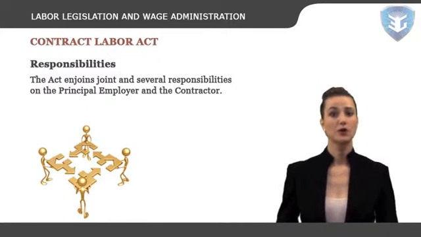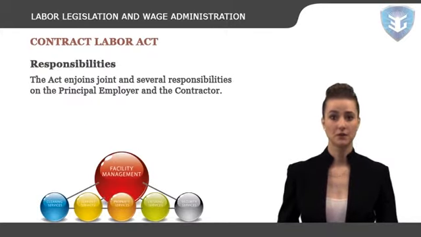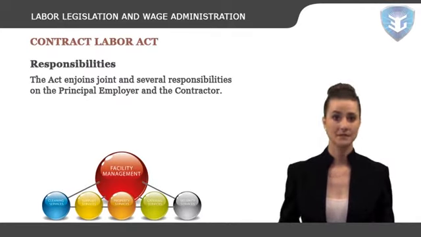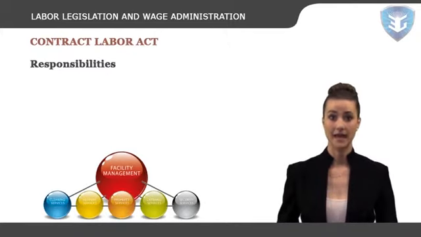The principal employer should ensure that the contractor does the following: pays the wages as determined by the government, if any, or pays the wages as may be fixed by the Commissioner of Labour. In their absence, pays fair wages to the contract laborer. Provides the following facilities: